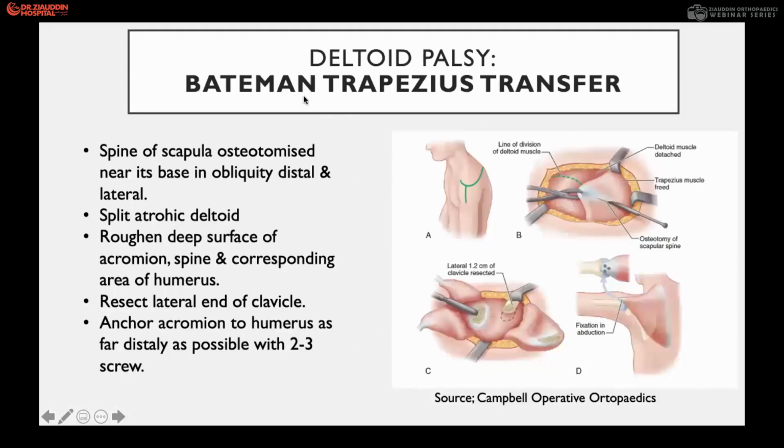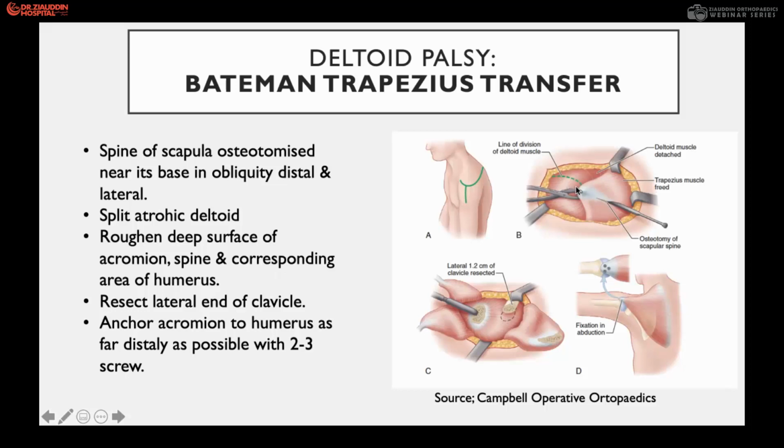Here is the Bateman trapezius transfer. We give a curved incision around the shoulder and a vertical incision to produce roughness around the lateral surface of the humerus. The trapezius muscle along with the acromion is split and transferred over the shaft of the humerus